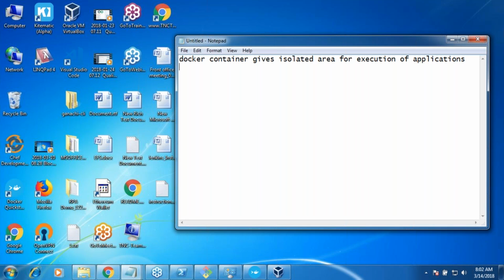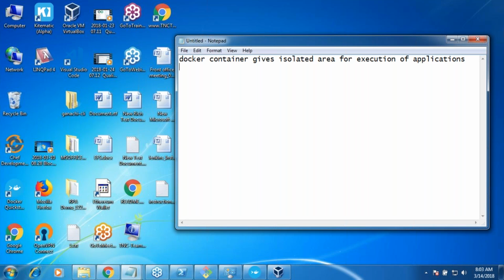So what do I mean by that? Every application will get its own area to work, which is not shared with others. Whatever they do, they do in this area. One container will not impact another container. They will be given their own areas. Fine. That is the first step.